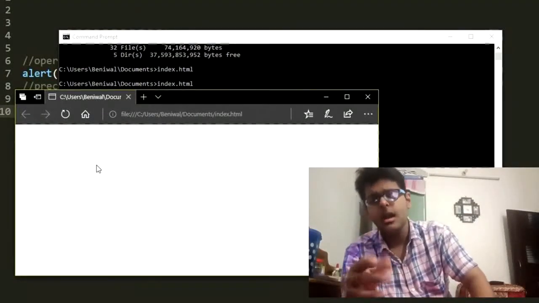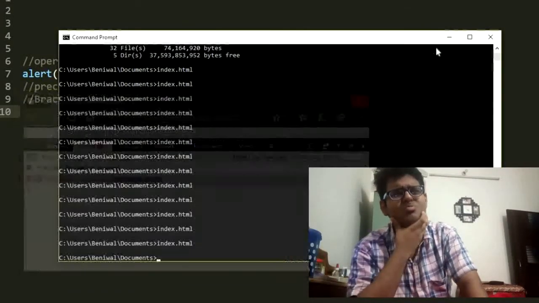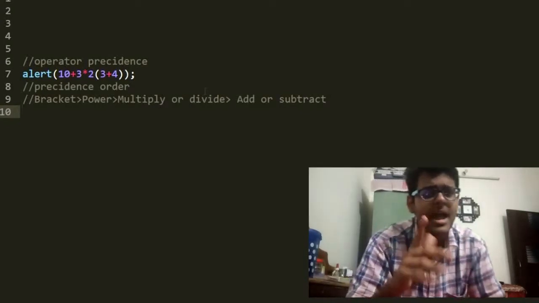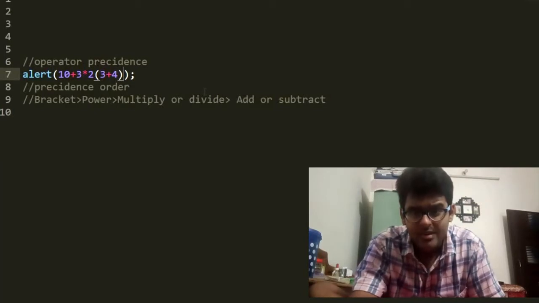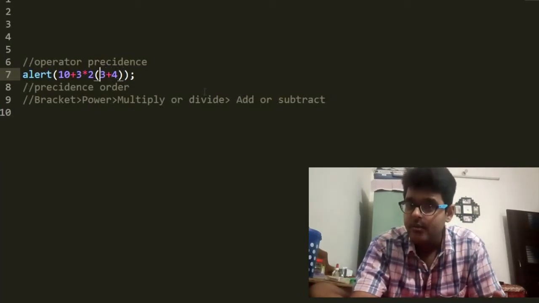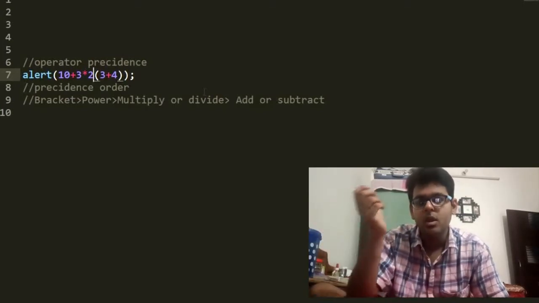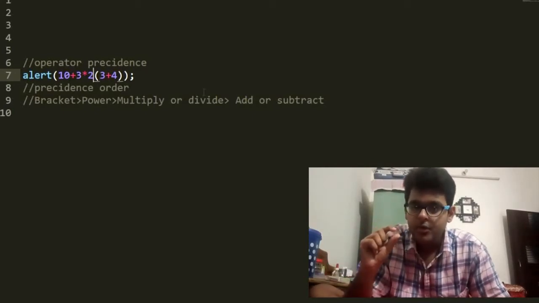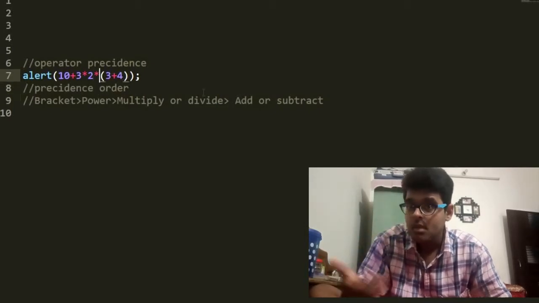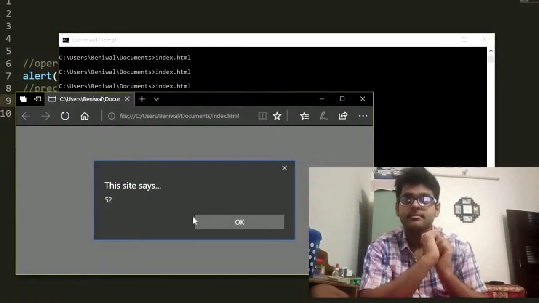Let's just test what we got in our output. This doesn't give me anything, so let's check why. It says function expected, so that means there is an error. JavaScript doesn't show me any error, and that is the reason why understanding this language is difficult. So why don't we get anything? Because after this 2 we didn't put any operator. In the real world this means 2 into 3 times 4, but in JavaScript we have to write the operation each time. So we'll add this multiply operator, and now our code is perfect. Now run, and we got 52 in our output.